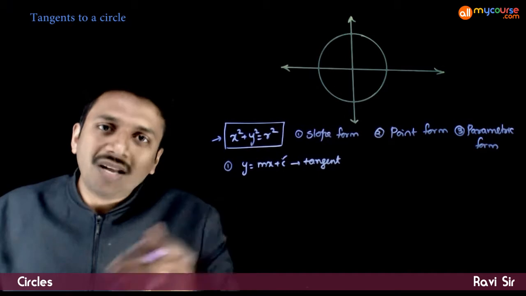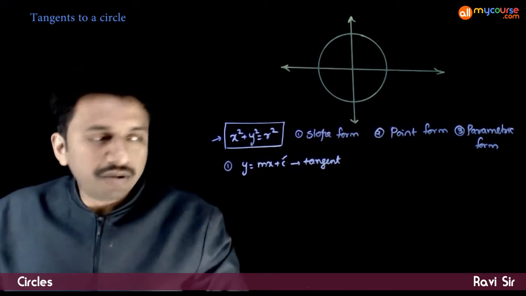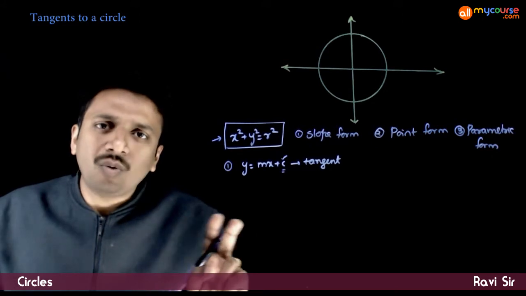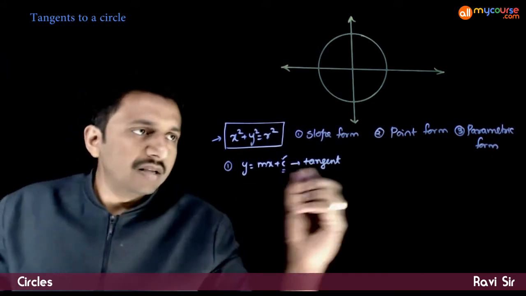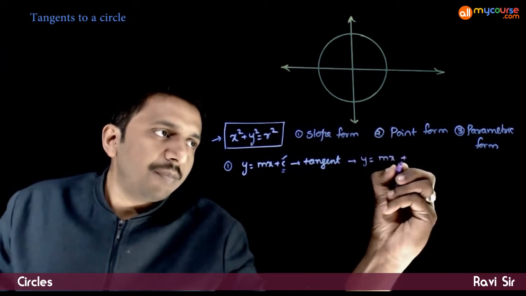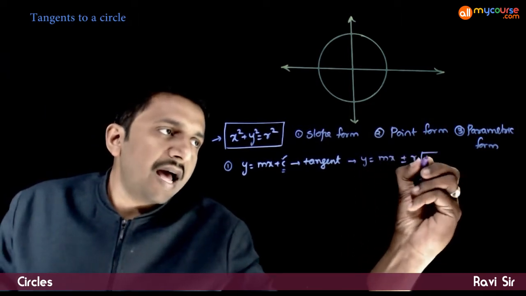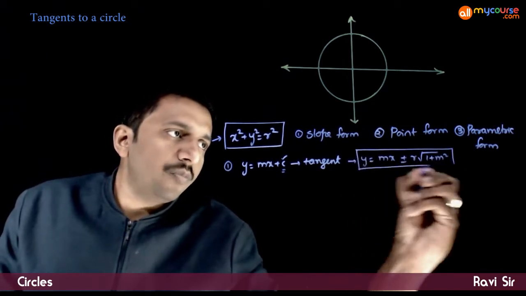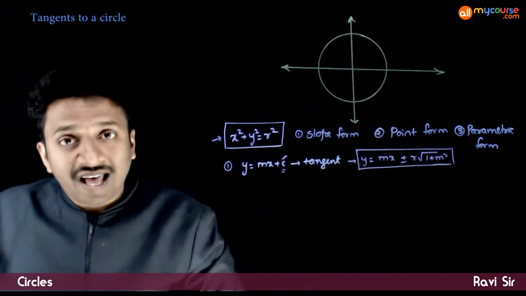We have already done this in our previous video. We have found that c is equal to plus or minus r root 1 plus m square. So y is equal to mx plus minus r root 1 plus m square is the slope form of tangent